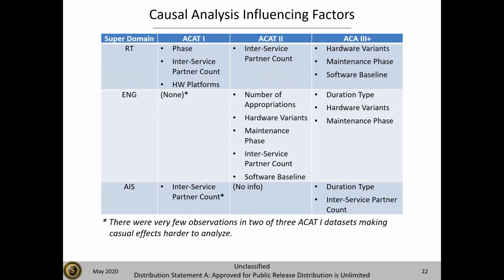Phase is fairly straightforward, as is hardware platforms. Inter-service partner counts is a count of the number of DoD services or organizations that are involved in a program. So most of them had Army, because this is Army data. But if you were also involved with the Navy or the Air Force or a foreign military partner, then your count would be higher. And what we found was the inter-service partner count, the more organizations involved, the more the